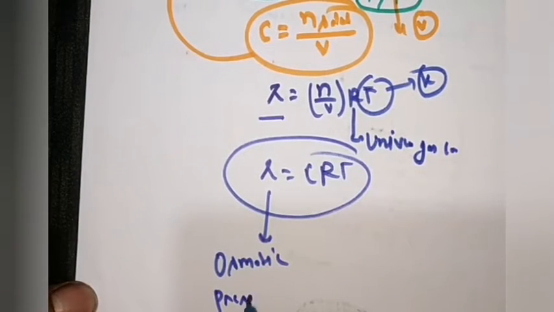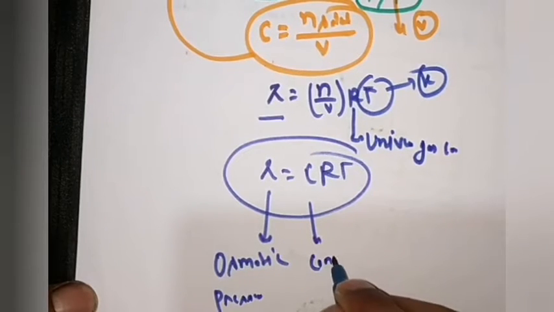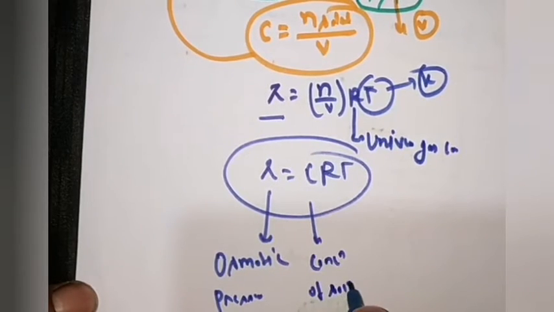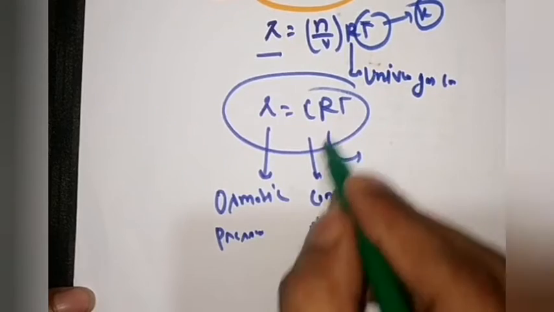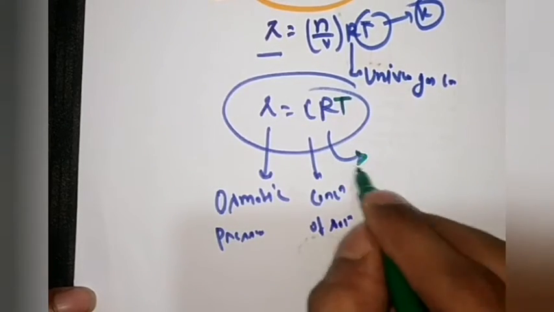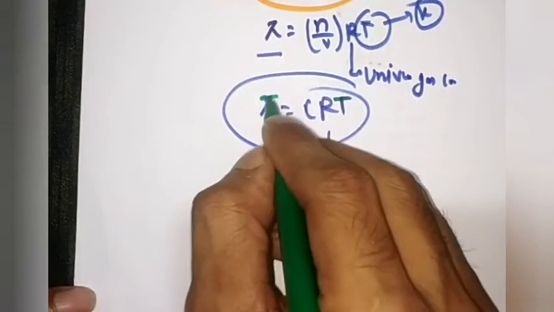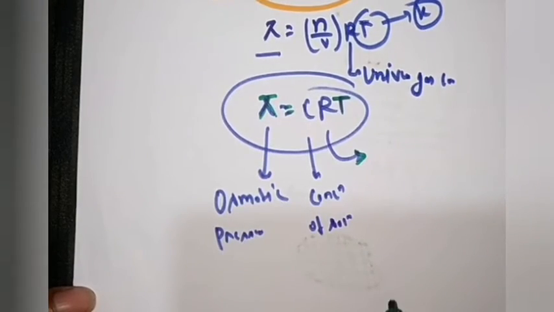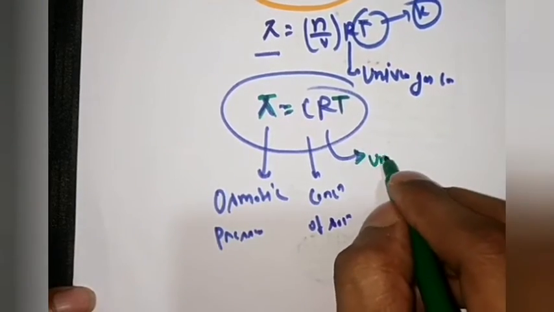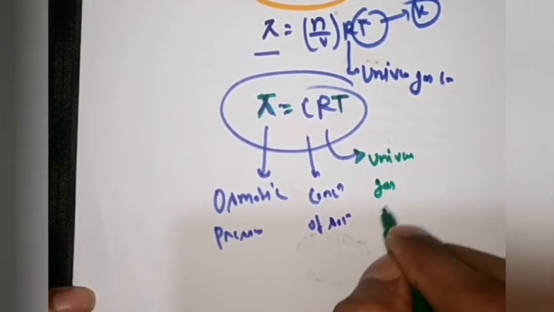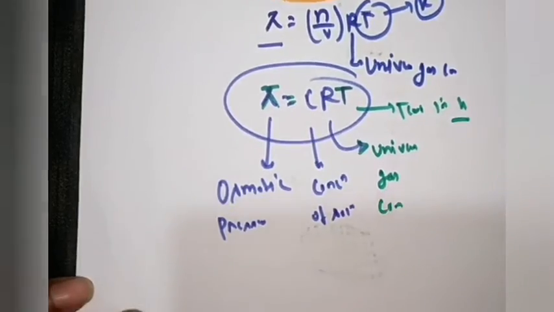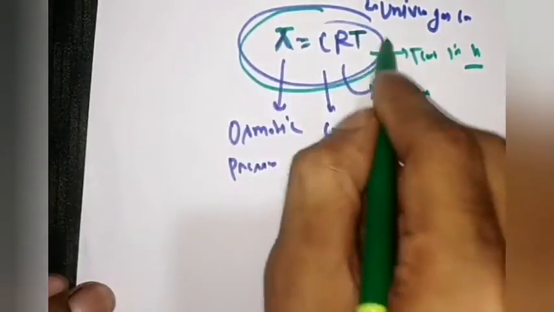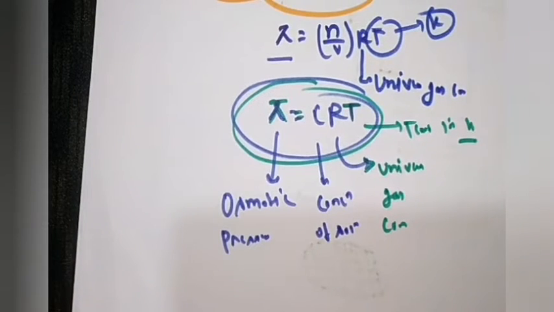So this is osmotic pressure, this is the concentration of the solution, this is the universal gas constant, and this is the temperature in Kelvin. You need to understand the exact meaning of each and every term in this formula, otherwise you will get a wrong answer. It will be very difficult to understand the questions when they come in the exam. So whenever any question comes, verify what the exact meaning of each term is.